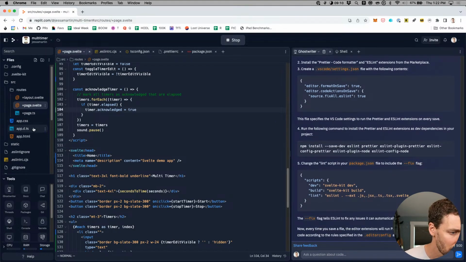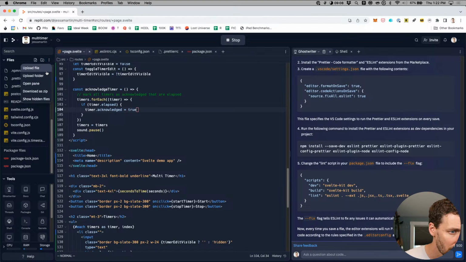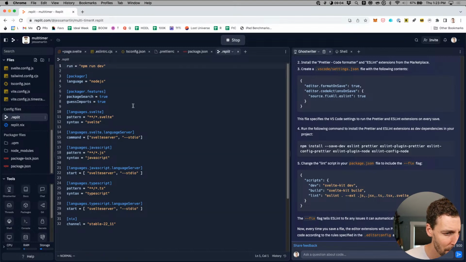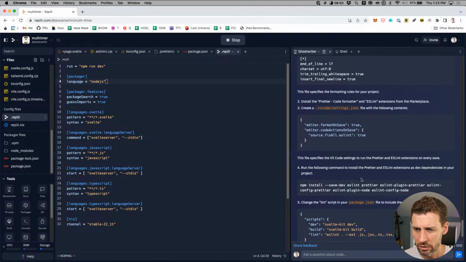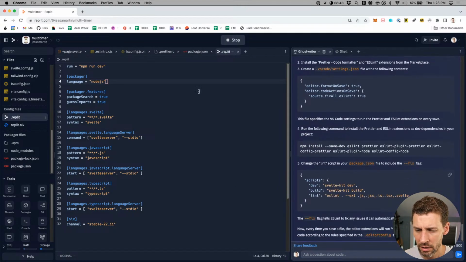Let's see. Let me see if the secret hidden Replit file has anything about this. Package search. There's the language server, JavaScript. I would expect it to be specified in here. Let's do it real quick. This is clearly wrong because this is about